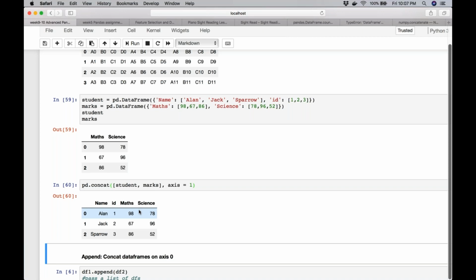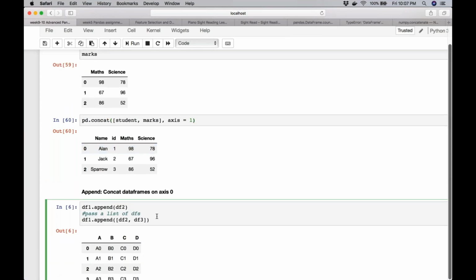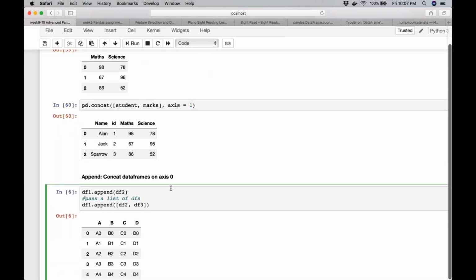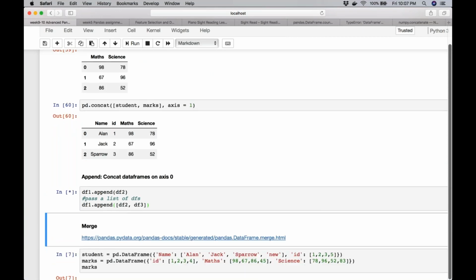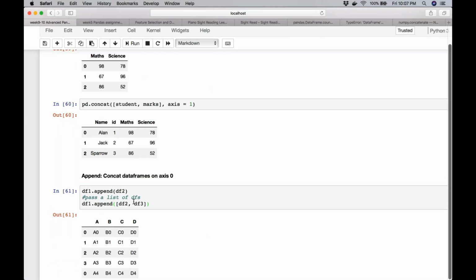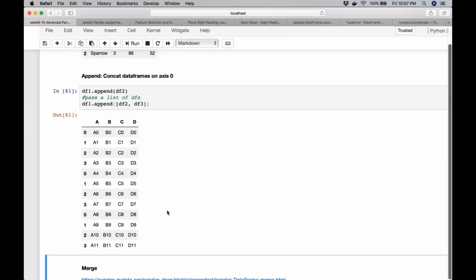Now, as I was saying, there's also another function called append. Don't ask me why there are multiple functions doing the same job, but yes, we do have append. But in principle, what I do personally is that for vertically or horizontally stacking the data frames, I strictly always use concat with the axis argument, so axis 0 and axis 1.